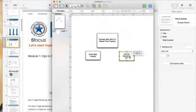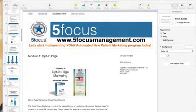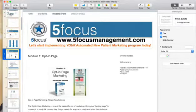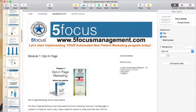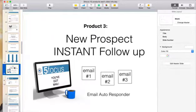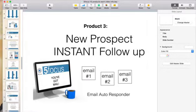Of our 10 product system, which internet marketing done for you product do you think would work best for them to start with? I won't call it online, because we have 3 types of marketing in our product. We have in-house marketing, which is the internal referral. We have external marketing, meaning the print outs and postcards, outreach. And then we have online marketing, which may be social media, Google Ads,